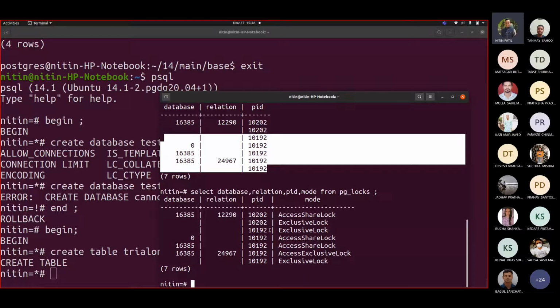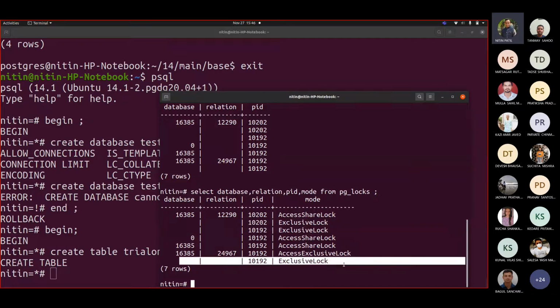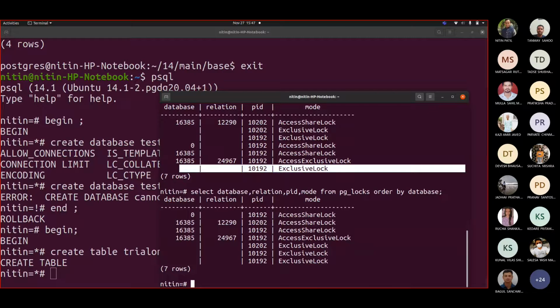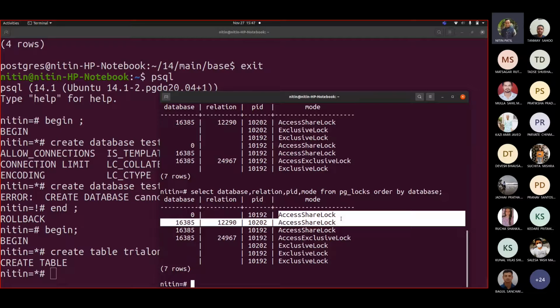Now you may say, then why this entry? Why this entry again? It looks like a similar entry, correct? If I sort it, order by database. Now what difference are these entries making in my system, and who exactly is helping the system to add it here? Let us see who is helping out there.